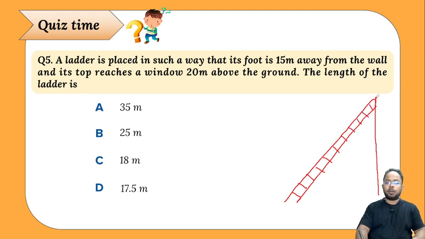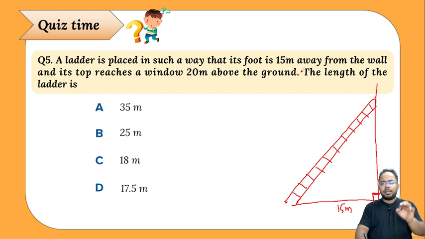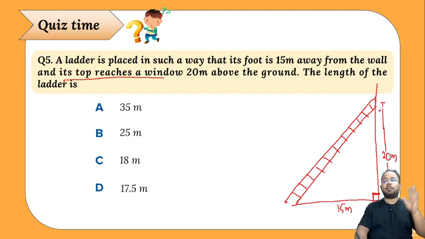ओके, सभी के घरों में होता है। तो इस वॉल का सपोर्ट लेकर इस सीढ़ी को रख दिया। अब सीढ़ी का जो फुट है ये कह रहा है यहां से वॉल से 15 मीटर की दूरी पे है। अब वॉल जो होती है बेस के साथ हमेशा, फ्लोर के साथ हमेशा 90 डिग्री बनाती है। ओके, अब कह रहा है कि अगर हम लोग सीढ़ी को इस तरह से रखते हैं, देन लैडर का जो टॉप है वो रीचेस अ विंडो, वो खिड़की तक पहुंच जाता है जो 20 मीटर की दूरी पर है। तो कह रहा है लेंथ ऑफ द लैडर निकालो।